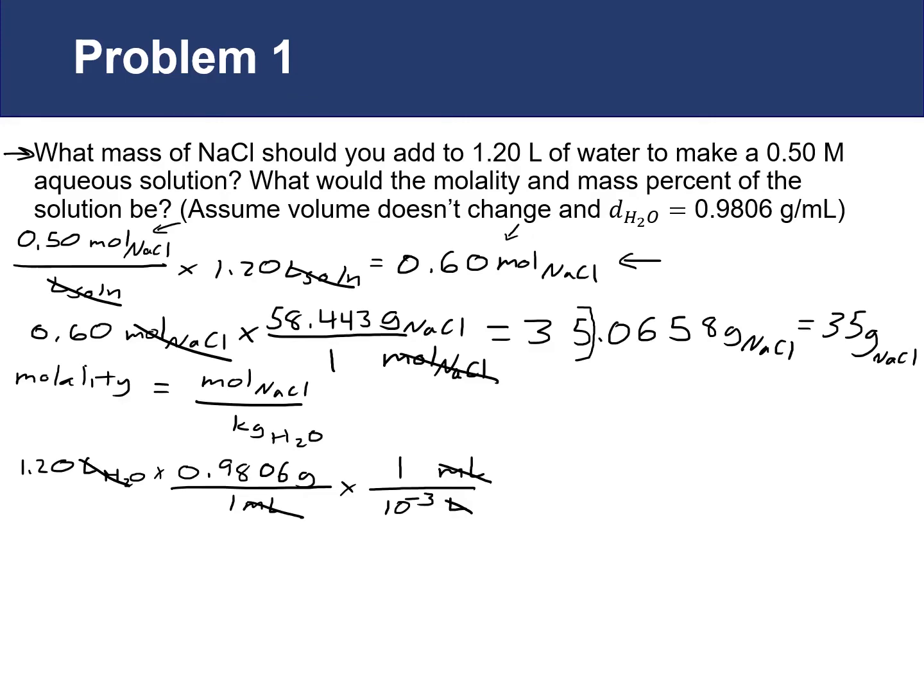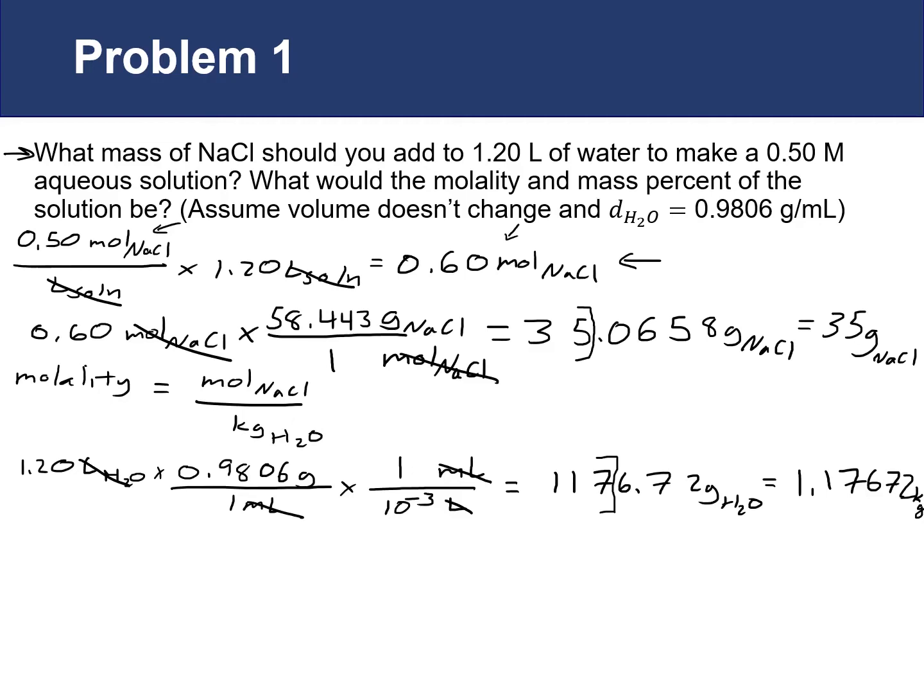which work out to be 1176.72 grams of water. To convert this into kilograms, we just shift the decimal place to the left by 3, giving us 1.17672 kilograms. In terms of significant figures, our first value, the liters, has 3. Our density has 4. The conversion between milliliters and liters doesn't come into play, so our end answer will have